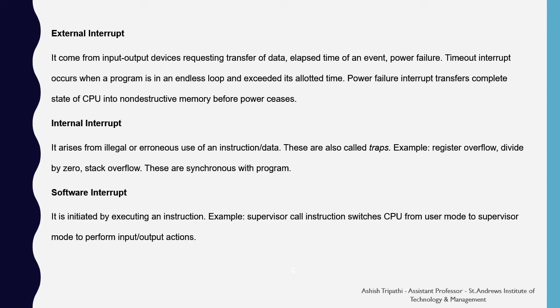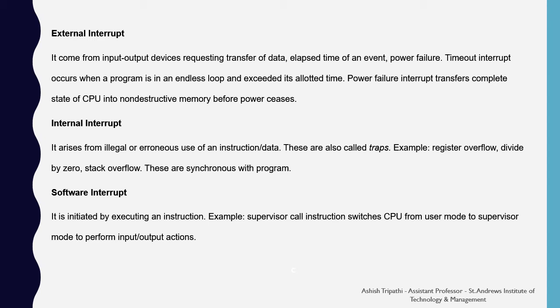Suppose you are executing a program and you are entering the values into an array, and after entering the values, the memory has been used up. That is, you have the overflow condition. In this situation, there is an internal interrupt generated inside the computer. This interrupt will prevent the program from execution and it will terminate it, then intimate the CPU about the same case.